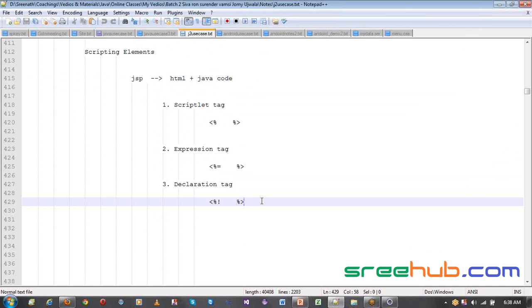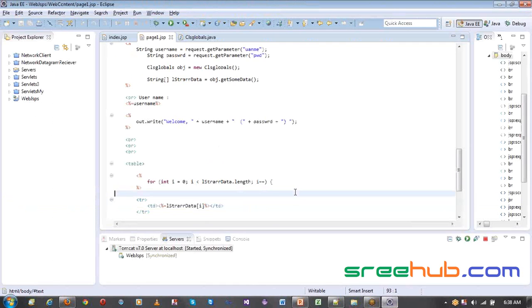Yes, we can design a JSP, but most of the time you will be taking a call on this, defining your scriptlets. Okay then, if everything is fine, we'll move on to the next topic. Before that,